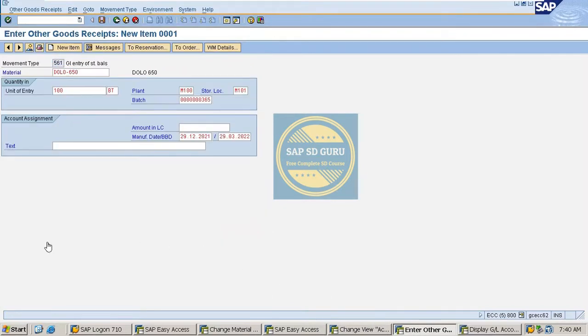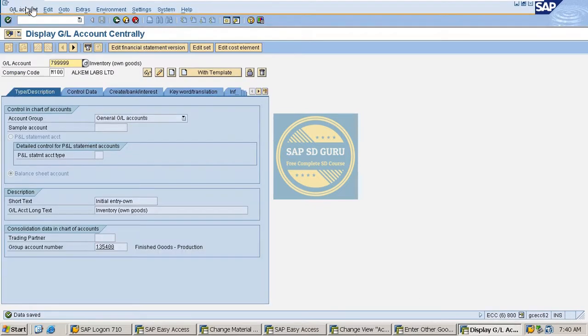So let me go back here to post the stock. See here, that error got resolved. Now we are getting one more error. It's nothing but: period 009 2021 is not open for the account type S and GL account. That's this one. So in order to solve this error, what you have to do is